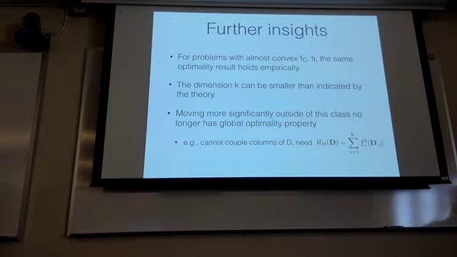The theory also requires that this dimension, this inner dimension, or the number of atoms in D, is reasonably large. But again, in practice, we find that the theory is asking for too large of a K. We can really set K much, much smaller and still get these properties. So those are two real insights, that the theory covers a pretty broad class, but there's so much more to be done. There's so much more to identify in this space of possible objectives where we can actually get global